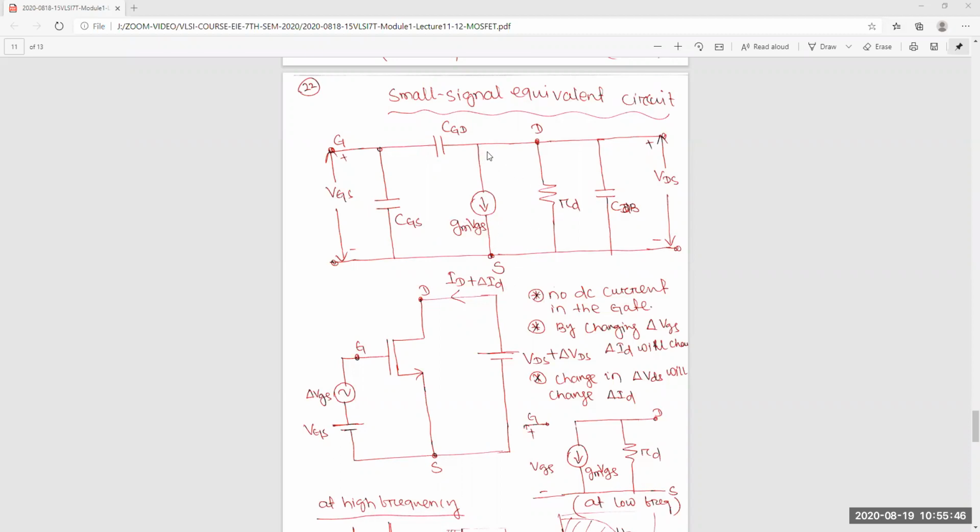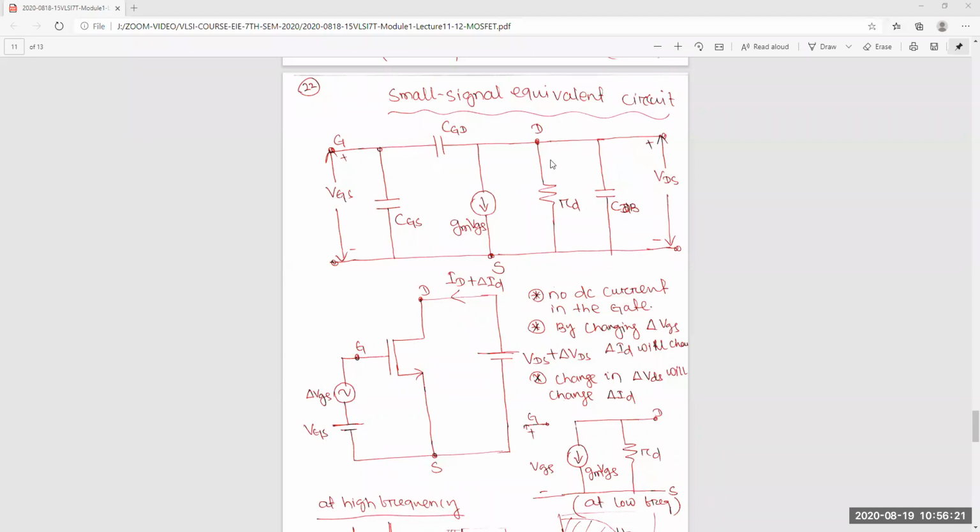This is the small signal, because the circuit is already stable at the Q point. It is at the Q point. Means you already know the BJT Q point; for that we have to bias properly. So in this circuit also we have properly biased with DC, but we are changing some AC over that. So for that we are getting these things. This current is nothing but ΔID, due to this transconductance gm·VGS. So this part is clear.